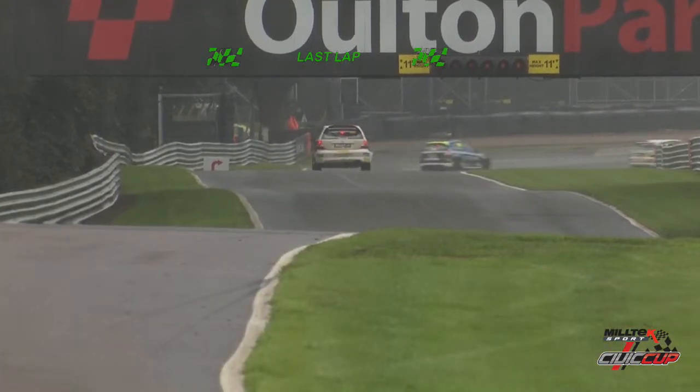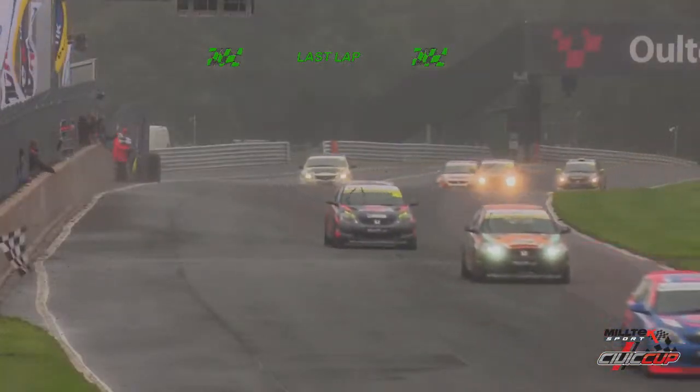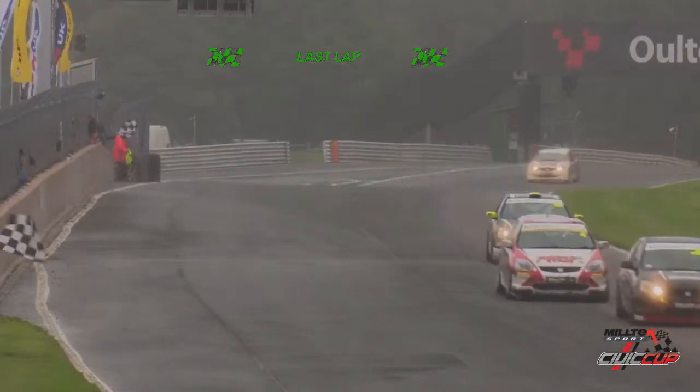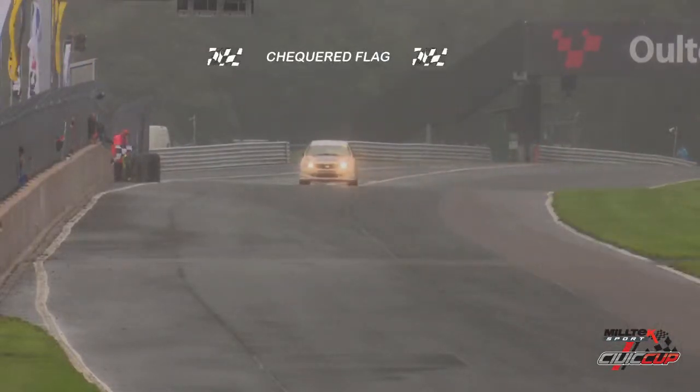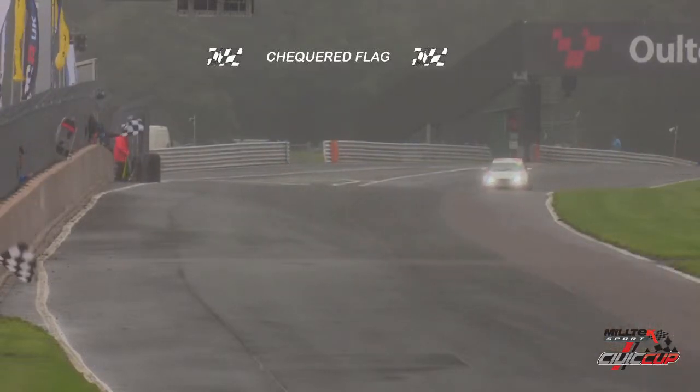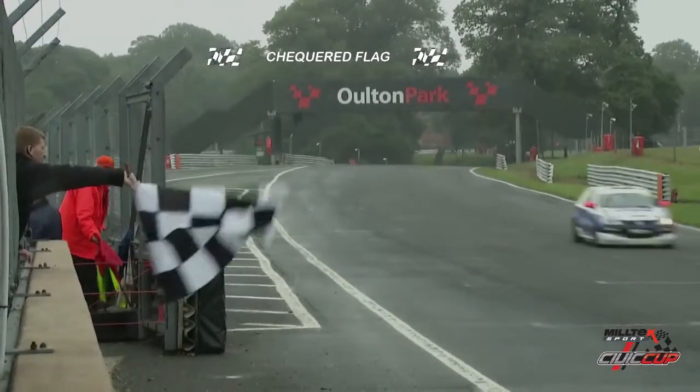Checkered flag though is waved, and the race winner will be Morgan Bailey, and Morgan Bailey does now take the checkered flag, and 2nd place goes the way of Max Lewis. Bruce Winfield is 3rd, Alistair Camp is 4th, with Ben Mills in 5th. 6th place for Jamie Tonks with a fighting drive there, probably my driver of the day to be honest, and